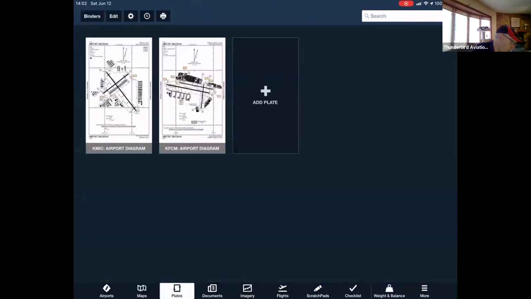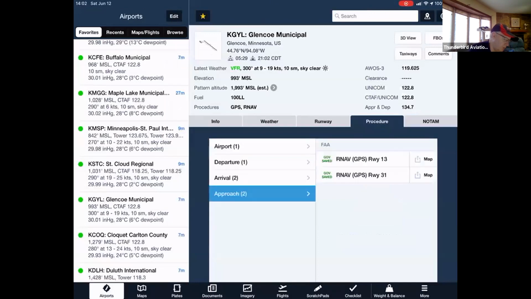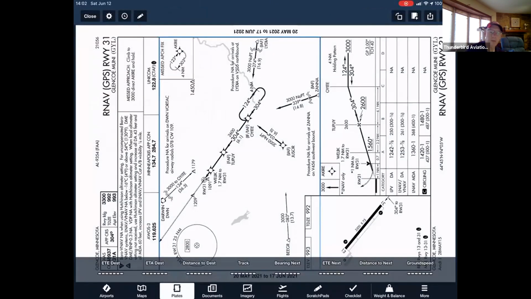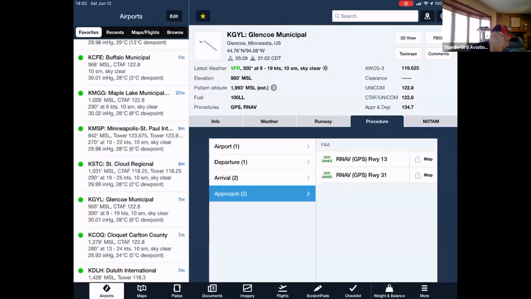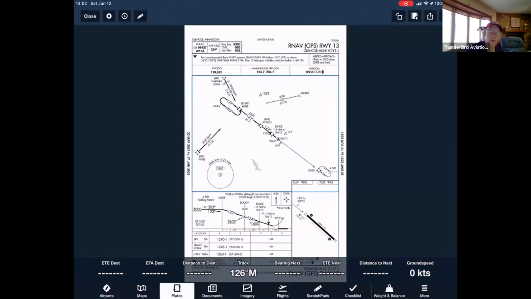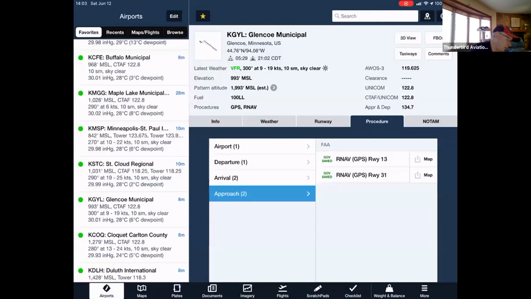Maps we talked about. Plates is a place where you can go to save a plate if you want to do. But like we just saw in the airport section, it's much quicker to pull up the plate by going to the airport itself, going to the procedures tab, tapping on approaches, looking at the approach you want, and tapping on that, and the approach plate appears right on your screen. That's the quickest way to do that, because if you put it in the plate section,